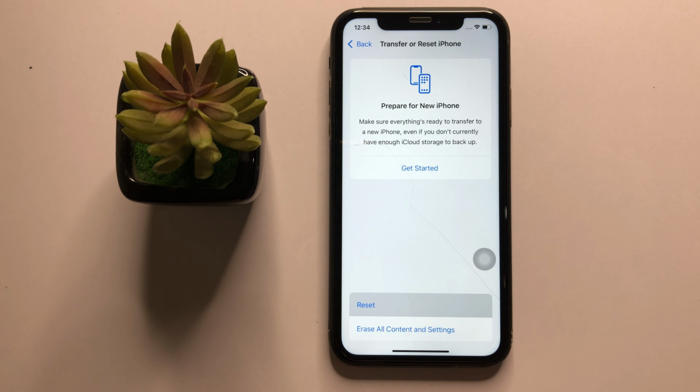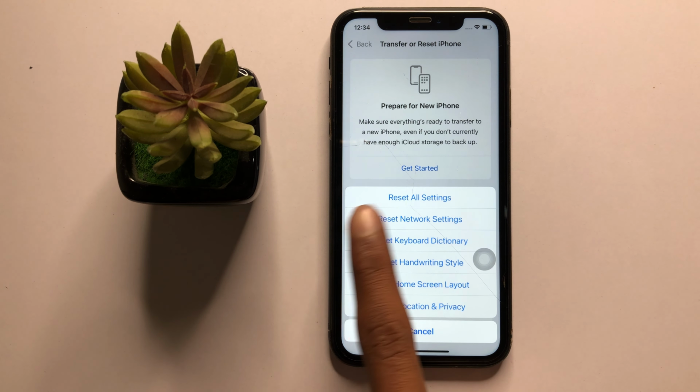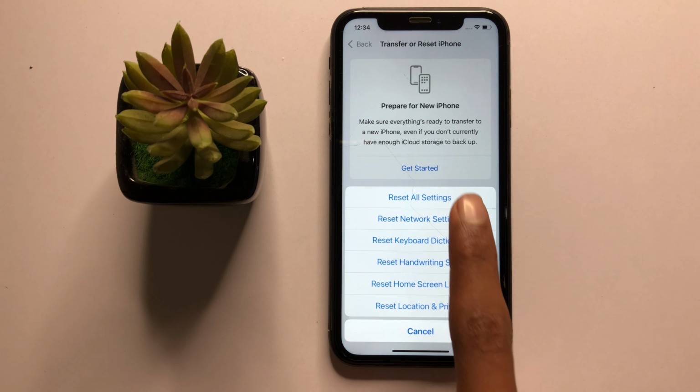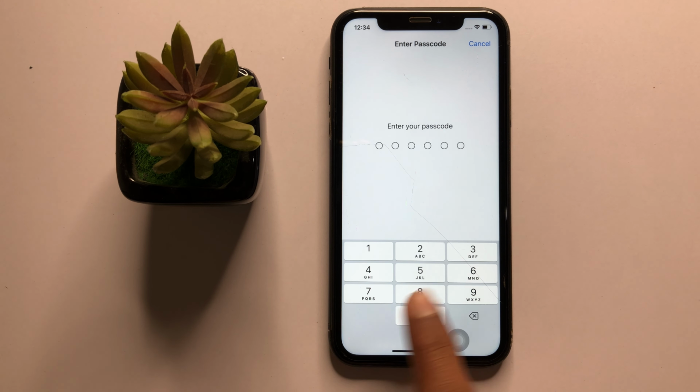Now click on Reset. On top you can see the option Reset All Settings. Now click on it and here enter your passcode to reset all your settings. It will reset all your settings but never destroy any other data. So this is the way to reset all the settings in iPhone